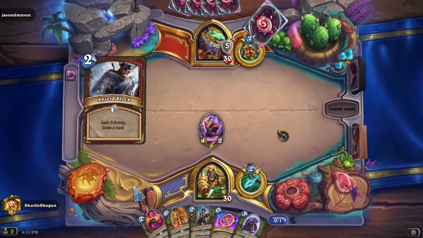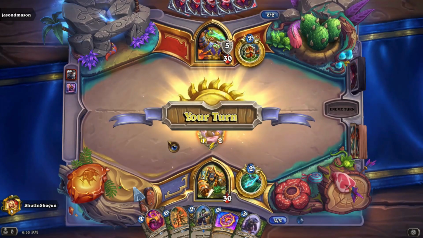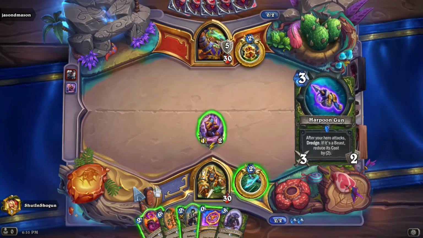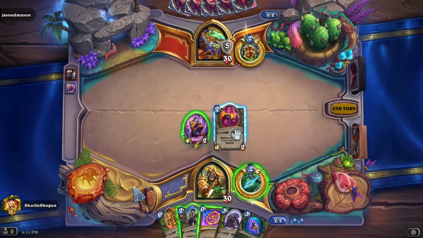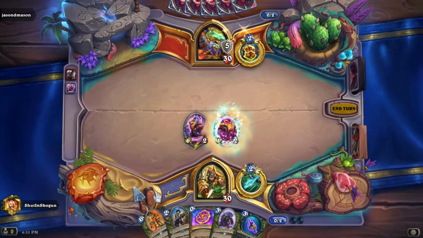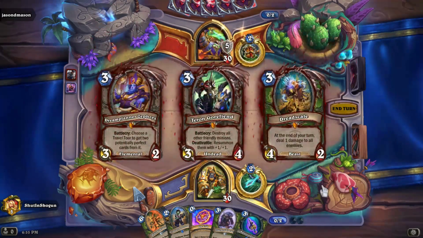Shield Block tells me nothing. So I can assume it's not a quest, though, because you start with a quest on turn 1, so you would play that. In the meantime, like we talked about, Creature of Madness, maybe find some good...